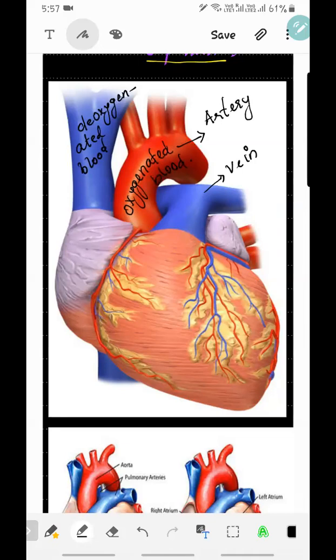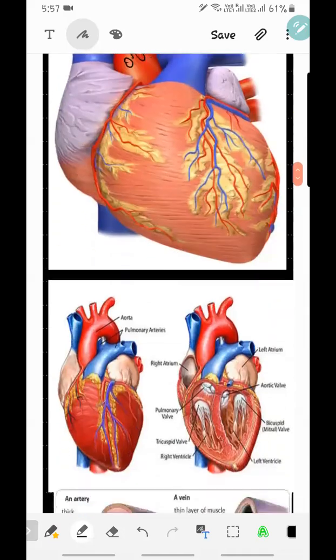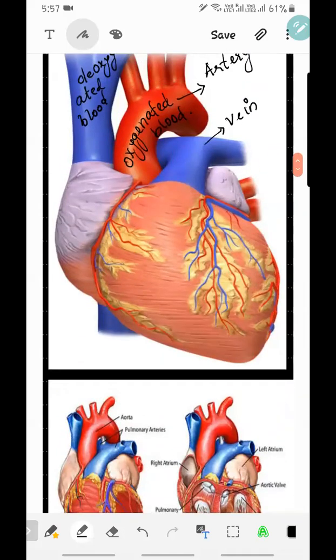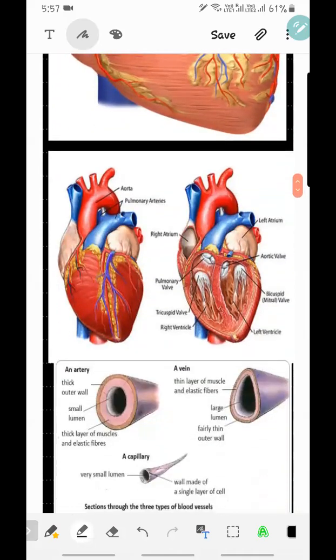I hope you have understood now. So you can see this is artery, this is vein, this is the outer. You can see the blood vessels, artery, the red color and the blue color. You can see how it is flowing down. So this is from outside you can see. If you look at the heart from inside,